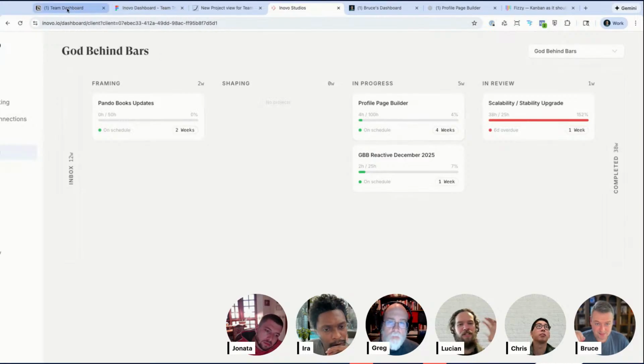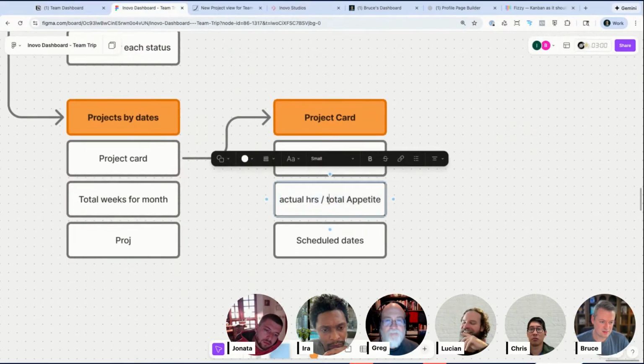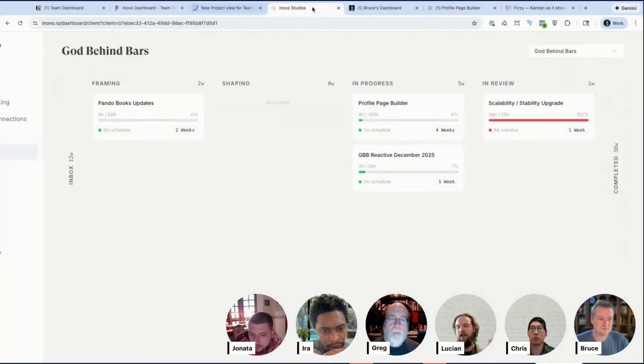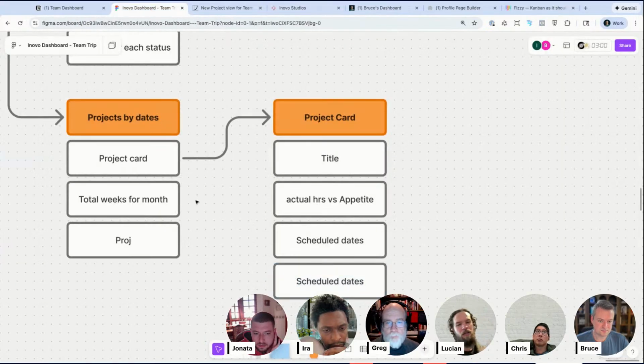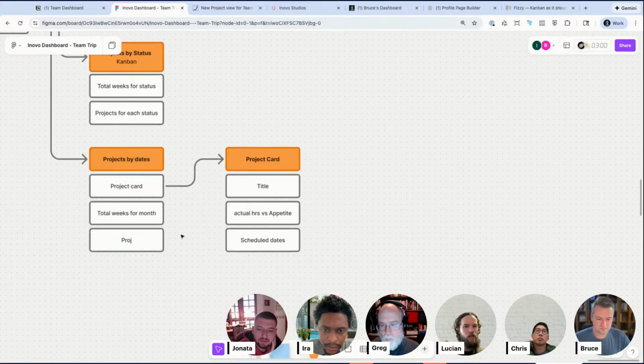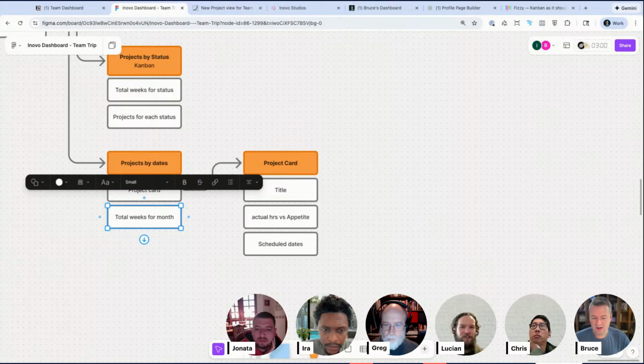I don't know. At the risk of throwing a monkey wrench into this, which I love doing, there's some blurriness in the process, because on this project that's going way over, the scalability upgrade, a bunch of that time was spent shaping the next project. And when we shape a project, should we be billing on that project which hasn't been paid yet? So there's a bit of circularity. Yeah,